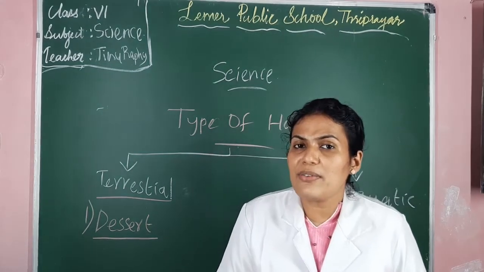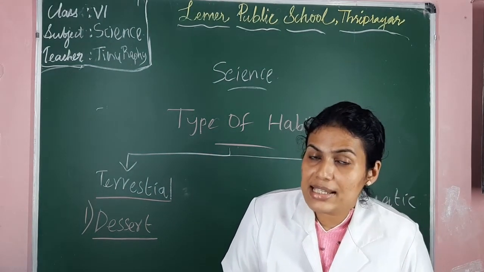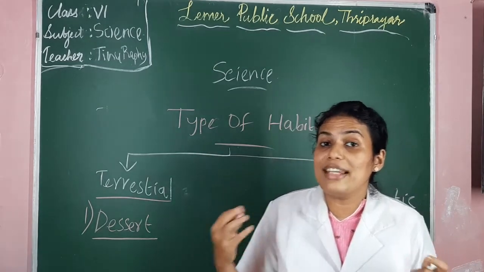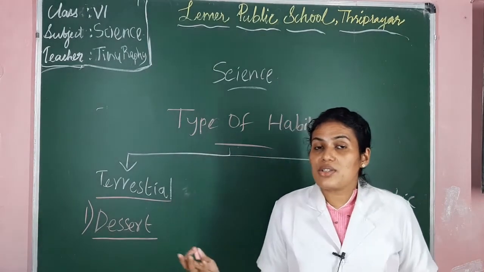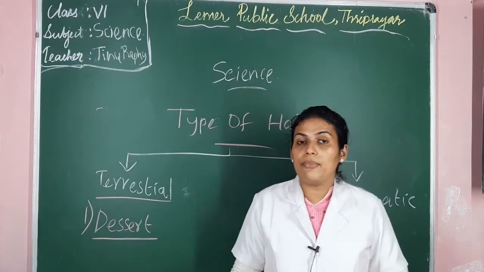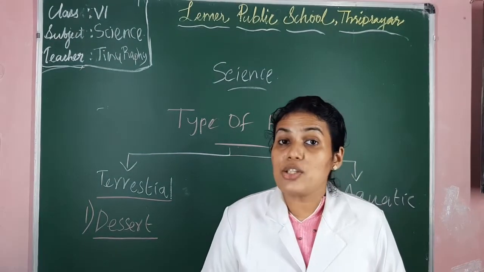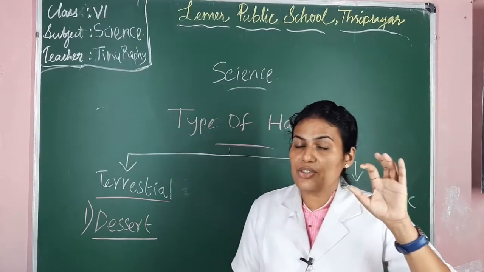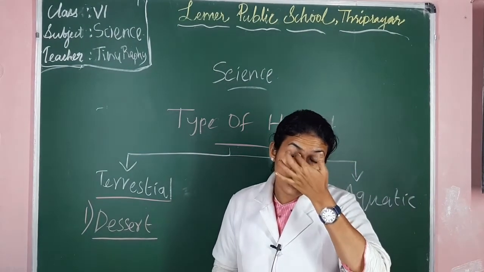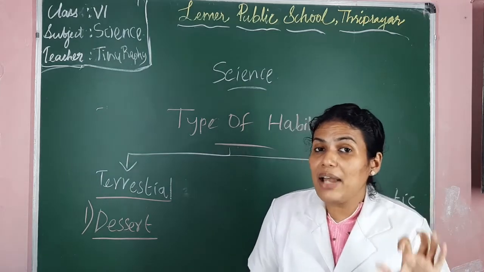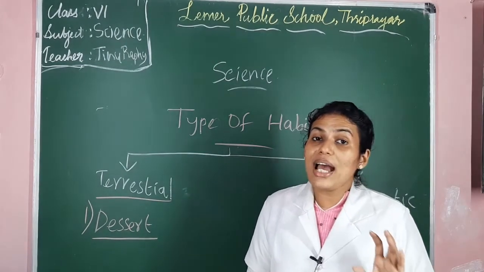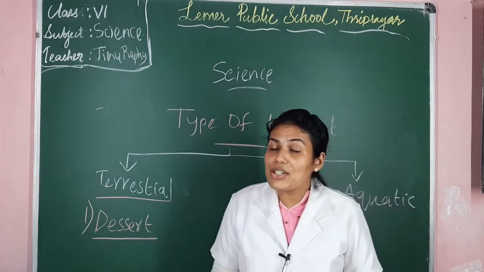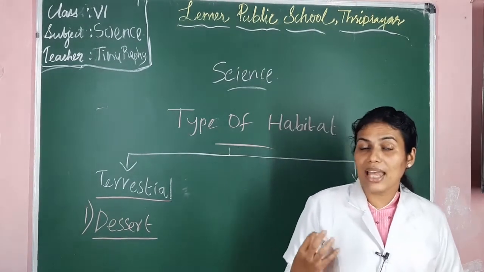So what are the features of the cactus? Yes, they have spines. Yes, they don't have leaves, isn't it? We know the structure of plants, that is leaf, stem, root, but the cactus plant does not have any leaf. And they are thick in nature. Their stem is thick and fleshy. So that is the character of a cactus plant. Those are the adaptations shown by the cactus plant, isn't it?